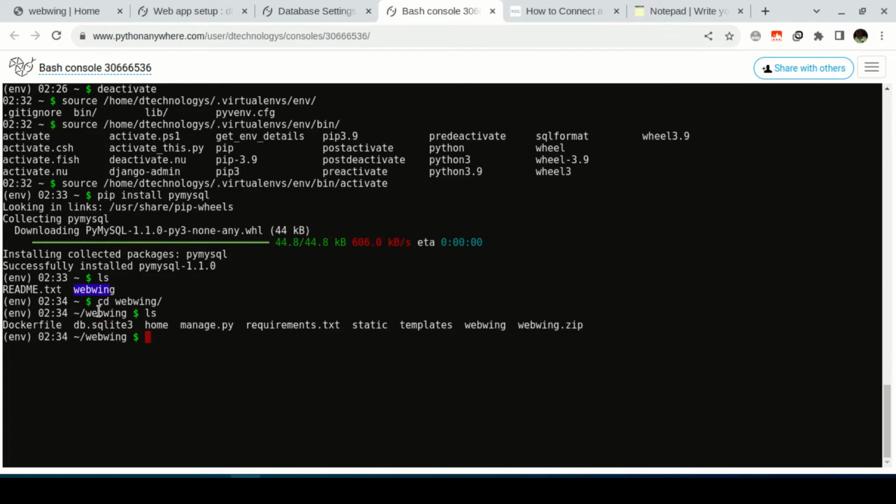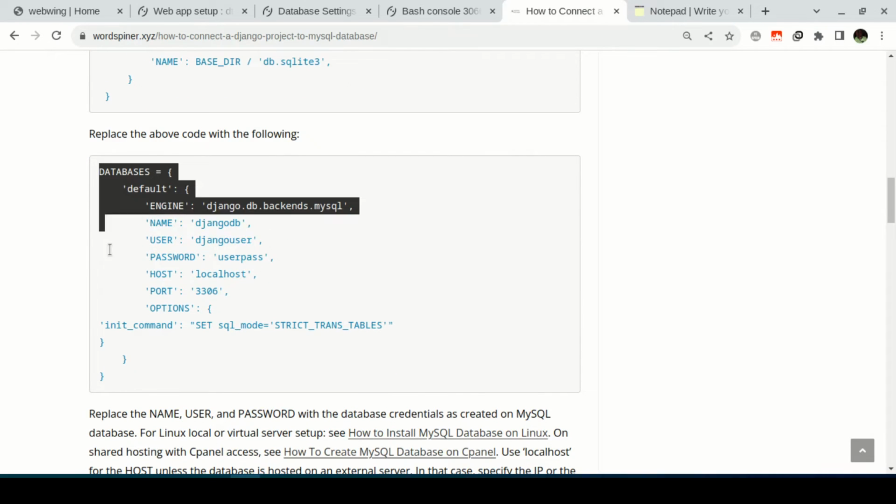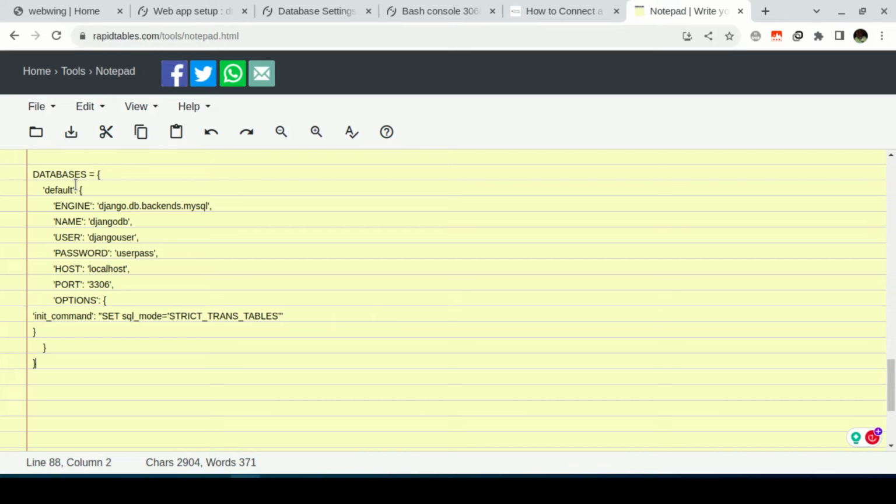Alright, so in this current folder, let me check what I have. This is the particular folder with the settings.py. What I need to do is use Nano or Vim to edit this file. I need to fetch these lines of code here and paste them here, because I'll be editing